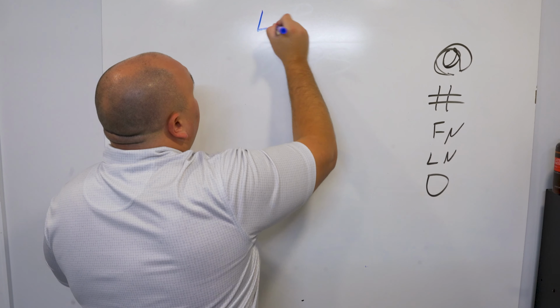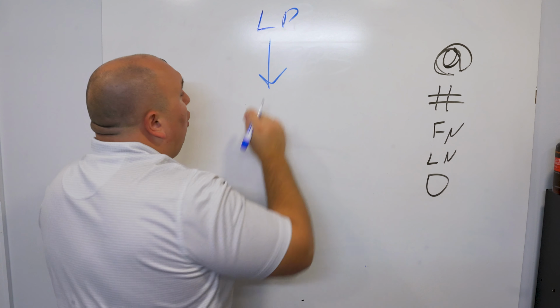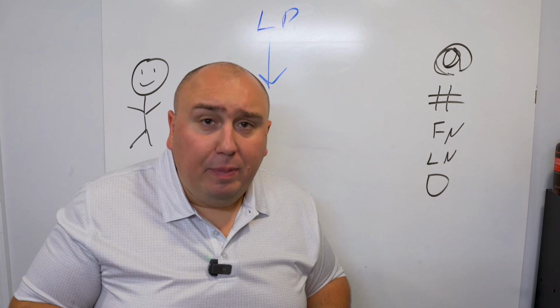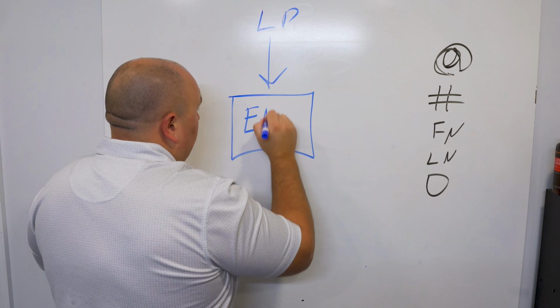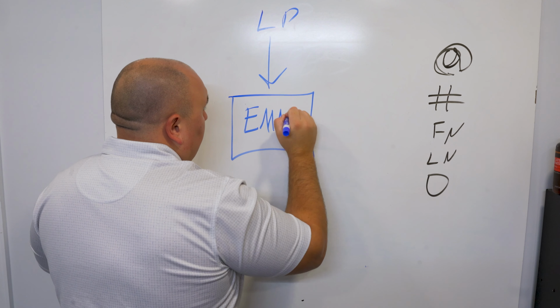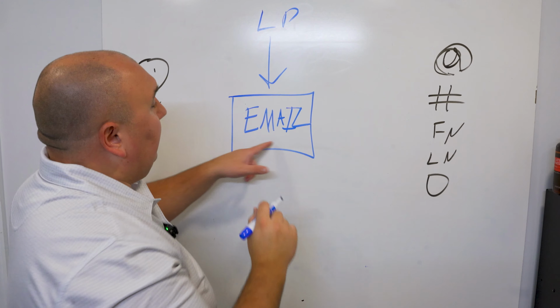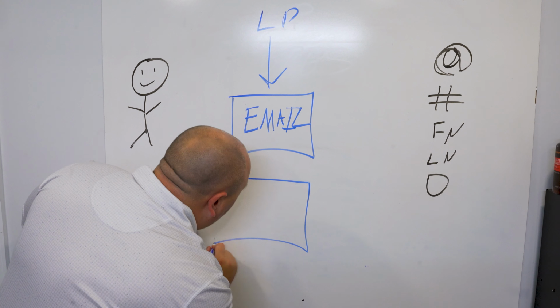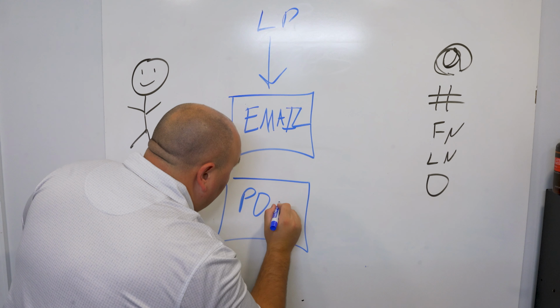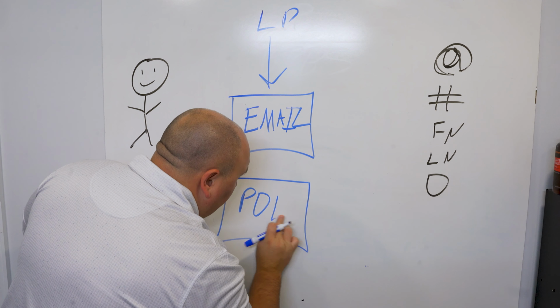Well, they're going to come in from that landing page, and then they're going to go somewhere. And what they should be getting is an email, right? They're going to get an email. But what's actually in that email? Inside that email should be some kind of PDF. That's an E. We're going to make that an F here. Some kind of PDF, a Word doc, an image, a JPEG that provides this person with, you probably guessed it,